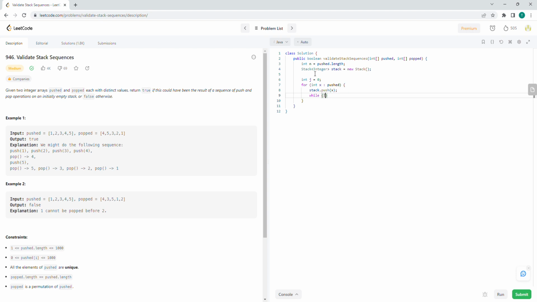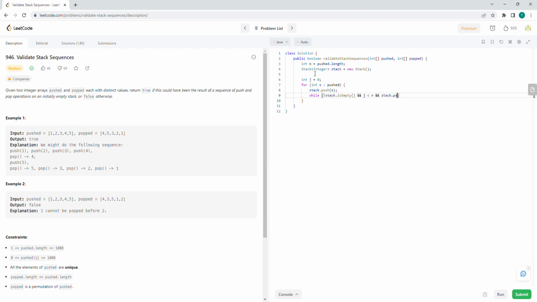While the stack is not empty, and j is less than the length of the stack, and the next stack element is equal to popped. So what we want to do is stack.peek.